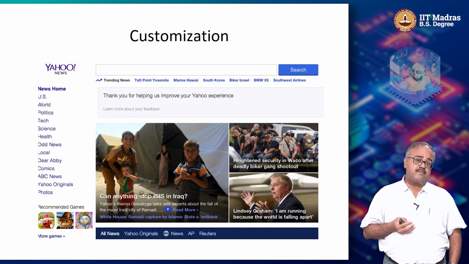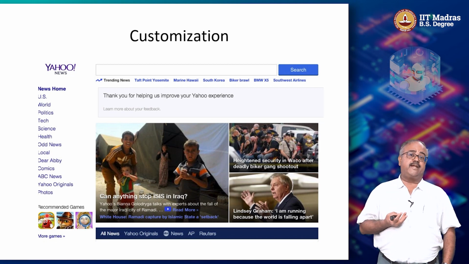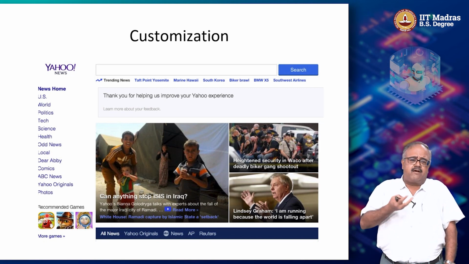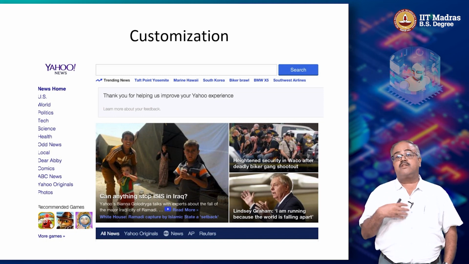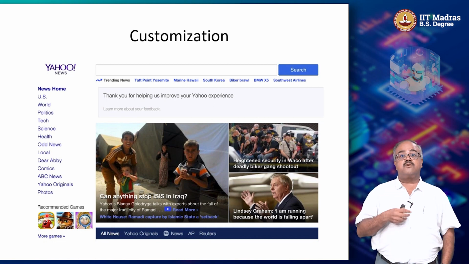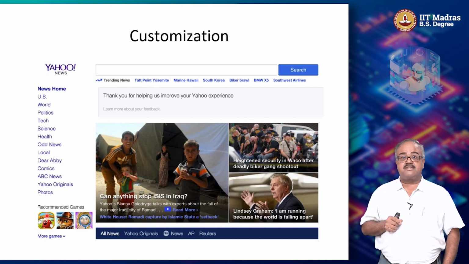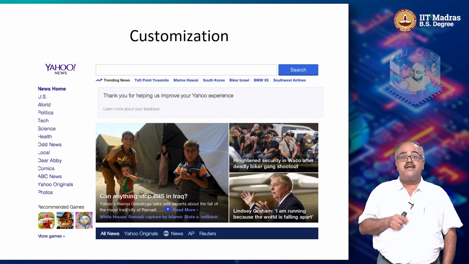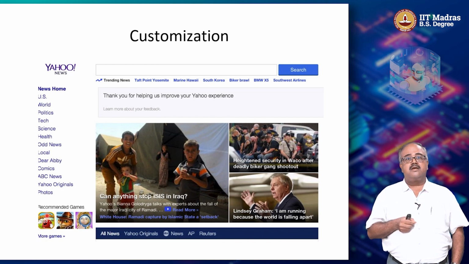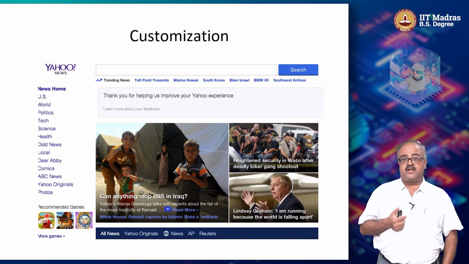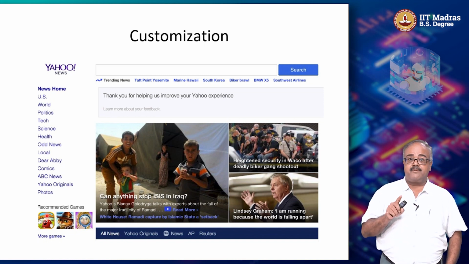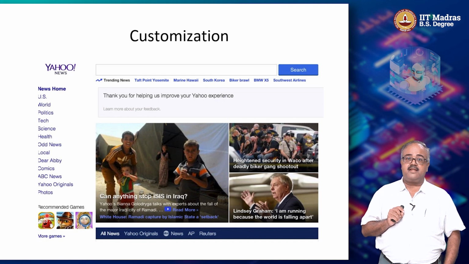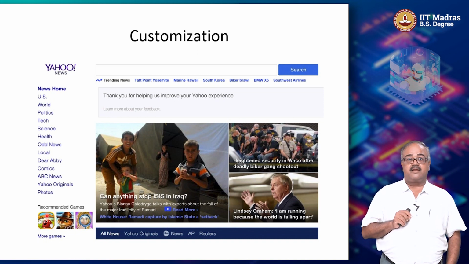There are many problems here because every so often the stories are going to change, and likely every hour what is hot is going to change. To say that a human being has to continuously label for the millions of different kinds of users who are going to come to your page and sit down and label which are the right stories to show them, it just doesn't make sense. So what people did was set it up as a reinforcement learning problem. They show a set of 3 stories, and if somebody clicks on a story, they take that as positive feedback.